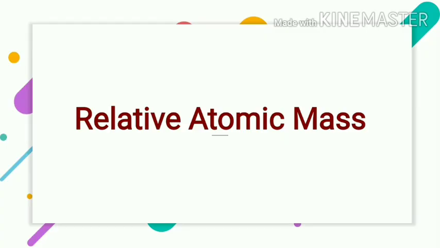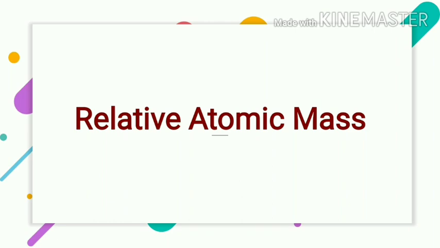Then our next topic is relative atomic mass. As we know, an atom is so small that we can't even see it, so obviously the mass of an atom is also very small. For example, the mass of one atom of hydrogen is 1.6735 times 10 raised to the power minus 24 grams, and the mass of one atom of oxygen is 2.6454 times 10 raised to the power minus 23 grams. These masses are very small, and if we have to compare the masses of atoms in terms of their actual masses in grams, then it is very difficult.